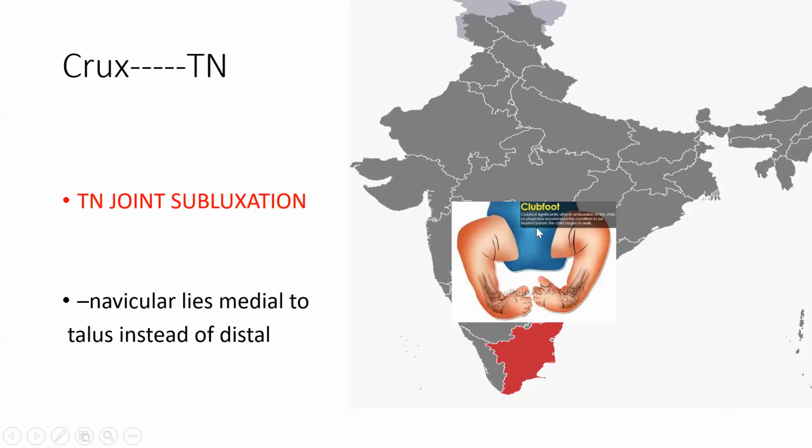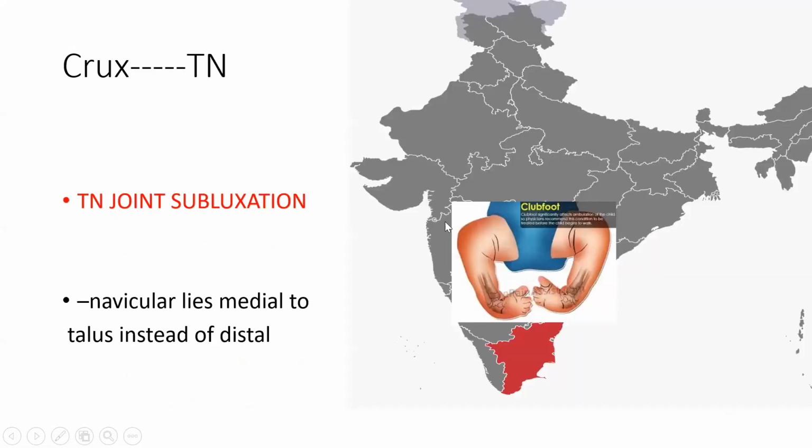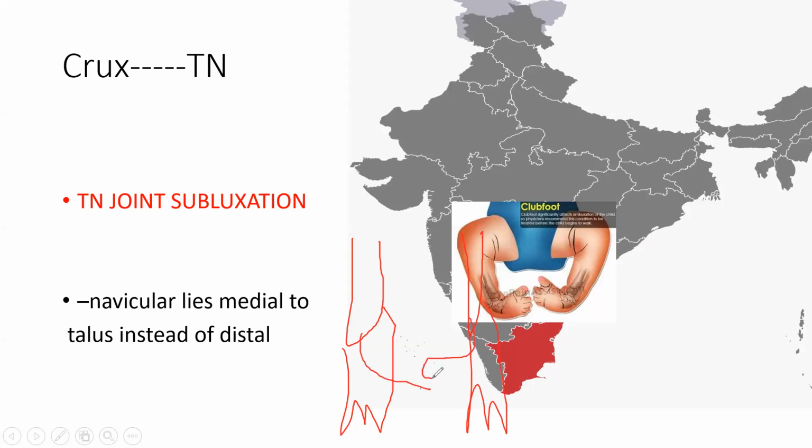So the crux or the main point: clubfoot means CTEV. Okay, you just remember this one. Clubfoot means CTEV, and here is how to remember. Both feet, instead of growing in a straight direction, start growing towards each other. So if they are love birds, they are coming together to each other. Okay, so this is a type of deformity.